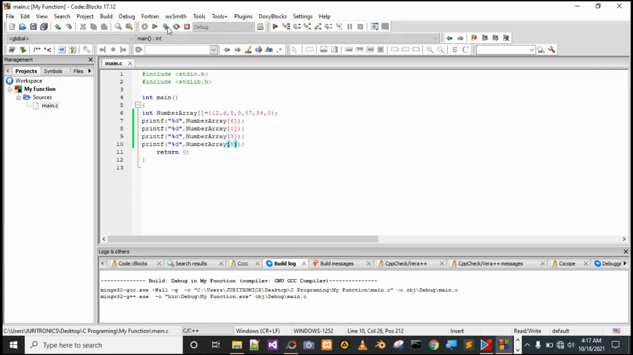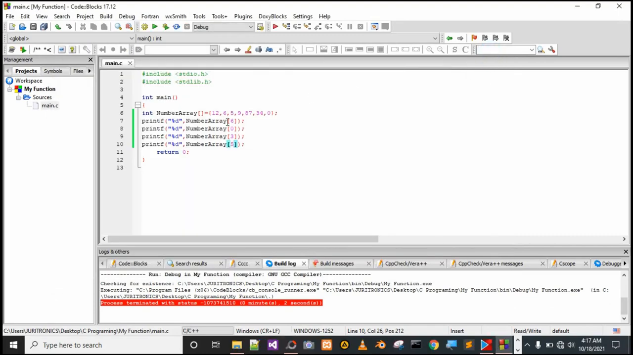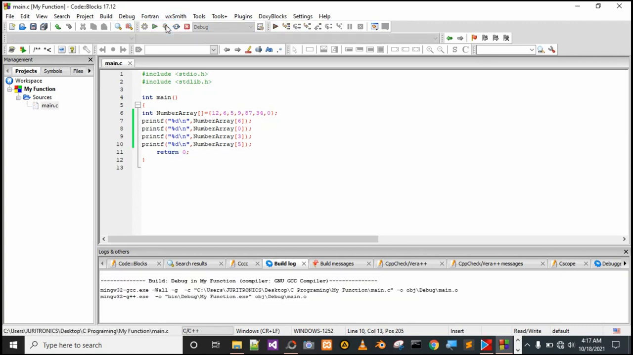Let me run this, and we don't have new lines, so it's just going to write. So let me put new lines so that the values will be on their own. Okay, new line, run,